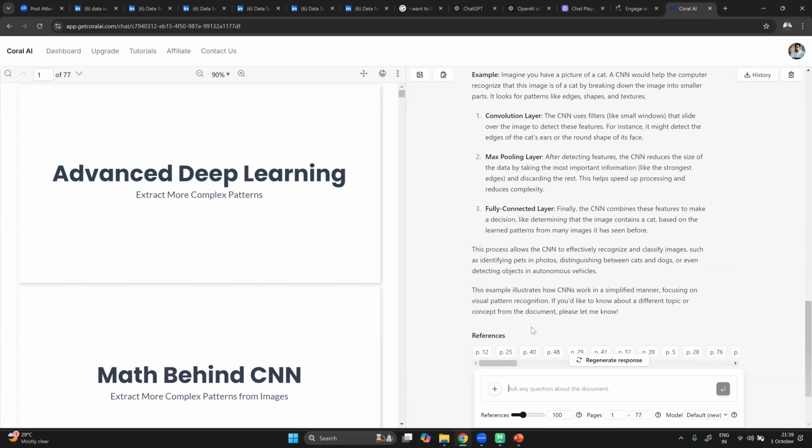We can feed any type of data, mostly to Coral.ai. It's mostly for PDFs and Word documents. I haven't tested it for CSV. You can test it. This is a free one. Mostly companies are using it for reading research papers. If I want to read a big research paper, I cannot sit and read all of it. The PhD people use this Coral AI. They upload the research papers, summarize them, and write a research paper